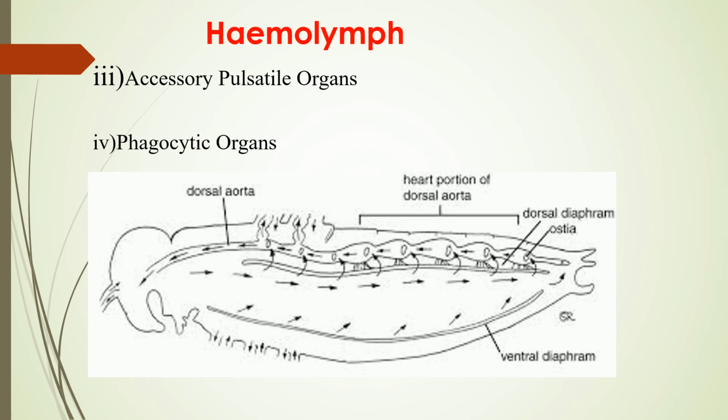Now, what are the ostia? They are of two types, incurrent as well as excurrent. The incurrent ostia occur in almost all insects, and their number is always equal to the number of chambers of the heart. They permit entry of blood from the hemocoel into the heart, but at the same time prevent its outflow. In dragonfly nymphs, there is a pair of walls, the ventricular wall, in front of each incurrent ostium, while in mayfly nymphs, the walls develop internally from the ostia.